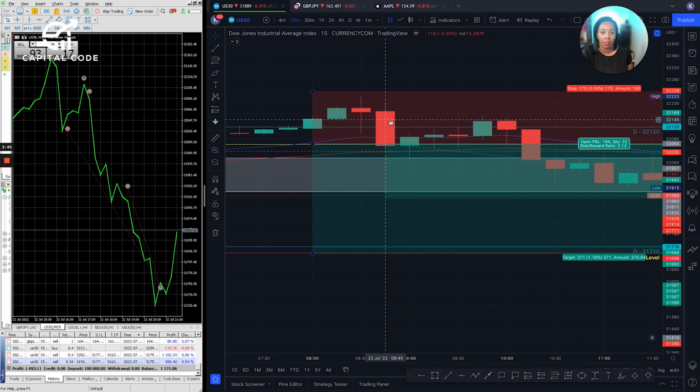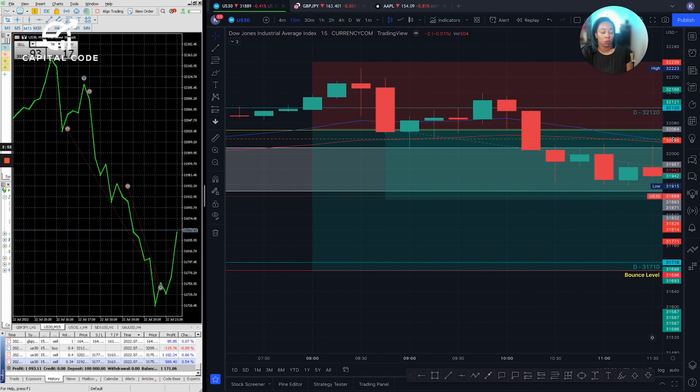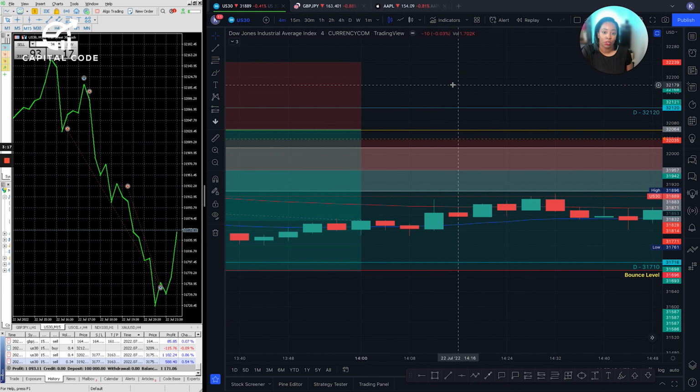I entered pretty much on this bearish engulfing candle when it closed. I knew that with all the bullish momentum in the market there was a possibility that it could go back up, but I was feeling really good about this because everything else lined up. We had the rejection on a higher time frame, and price was starting to fall really quickly with this bullish engulfing candle. So I placed my entry around 32,064, and then I went down to the 4 minute